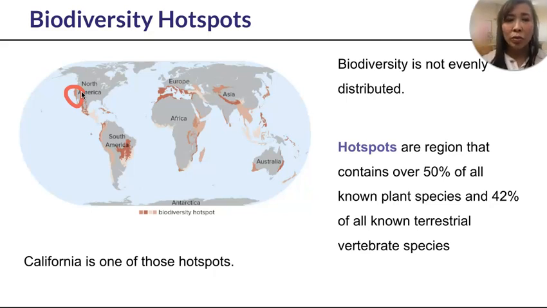Other ones include the Amazon rainforest, Madagascar, Sri Lanka, the Indo-Burma region, and the Mediterranean basin. We also have certain regions in Southeast Asia and South Africa, and in Brazil, the Atlantic forests, and the Caribbean islands. So these are all different regions on Earth that have a wide variety of different plant species as well as